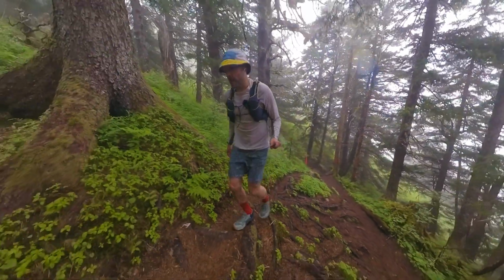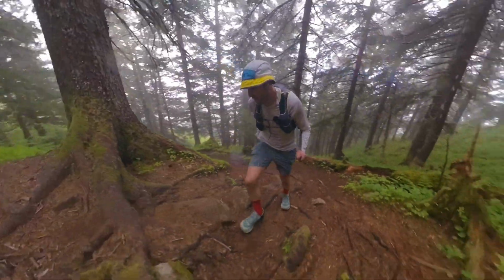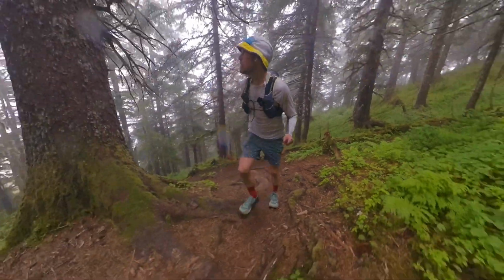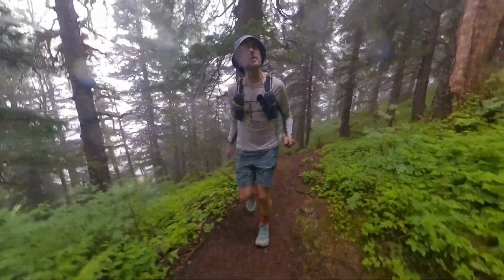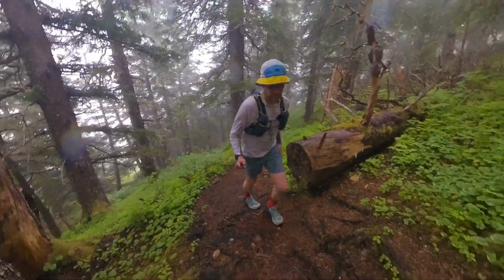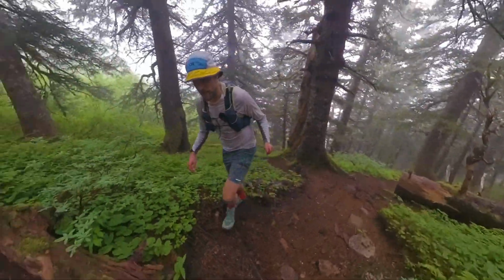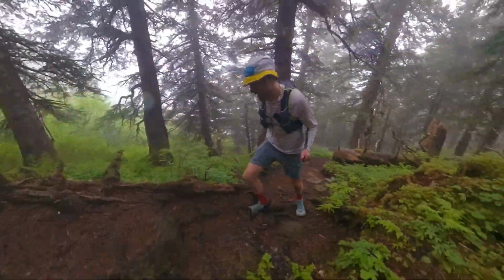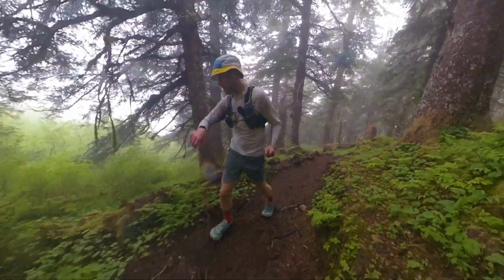We just ducked into another portion under hemlock, spruce, I think, of this run. So out of the bushes for a little bit, but no let up on the climb. Still pushing and pushing. But yeah,